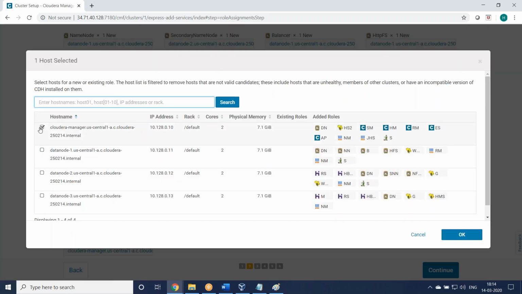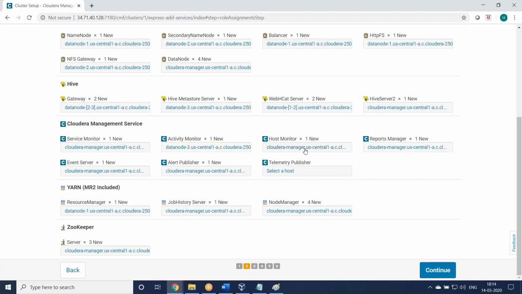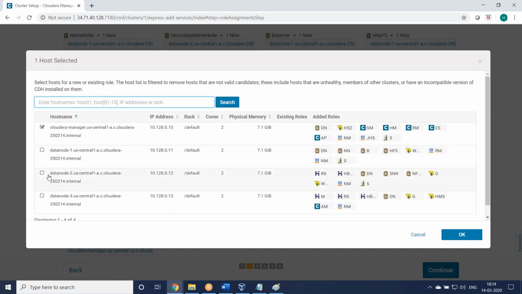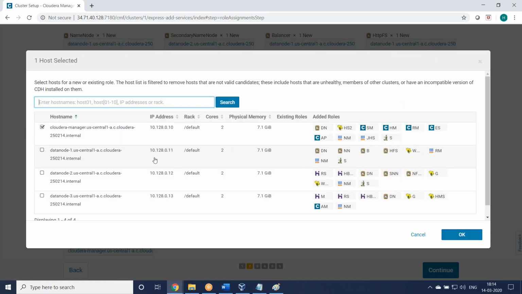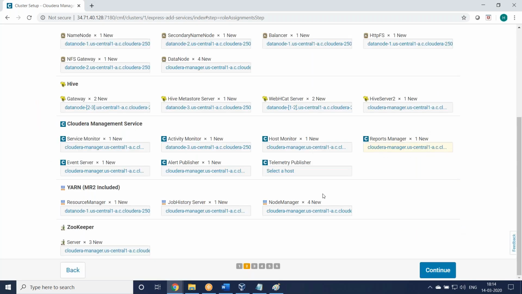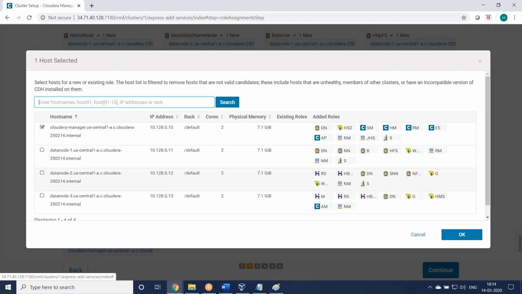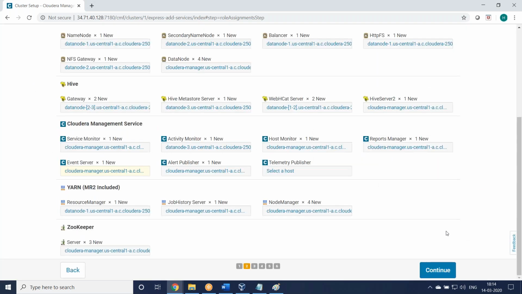Then Cloudera Manager. So Cloudera Manager service monitor is on the first node automatically. Then activity monitor, we'll select any one node, either the last node. Okay, host monitor. Host monitor also you can select here, the Cloudera Manager node. Then reports manager, the same one. Then event server, the same one, fine.